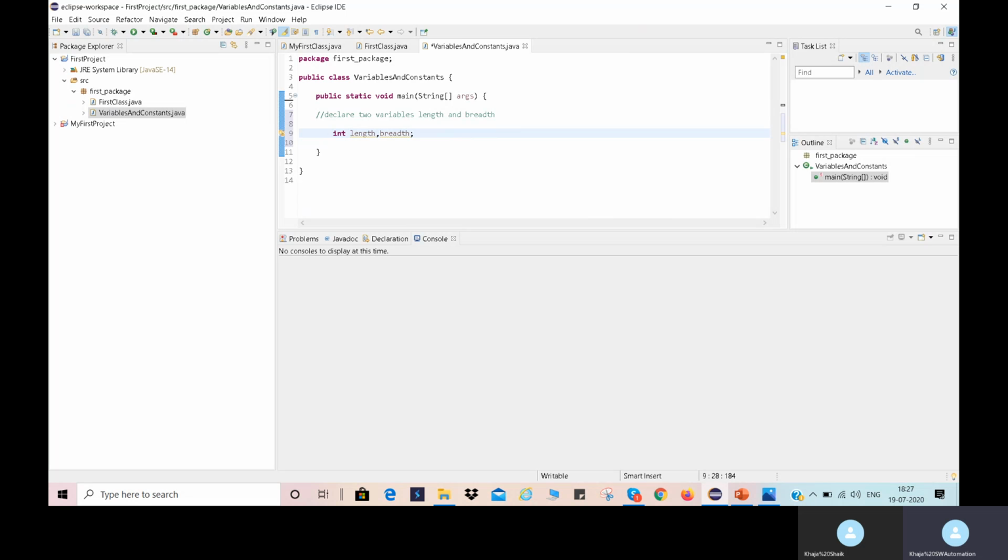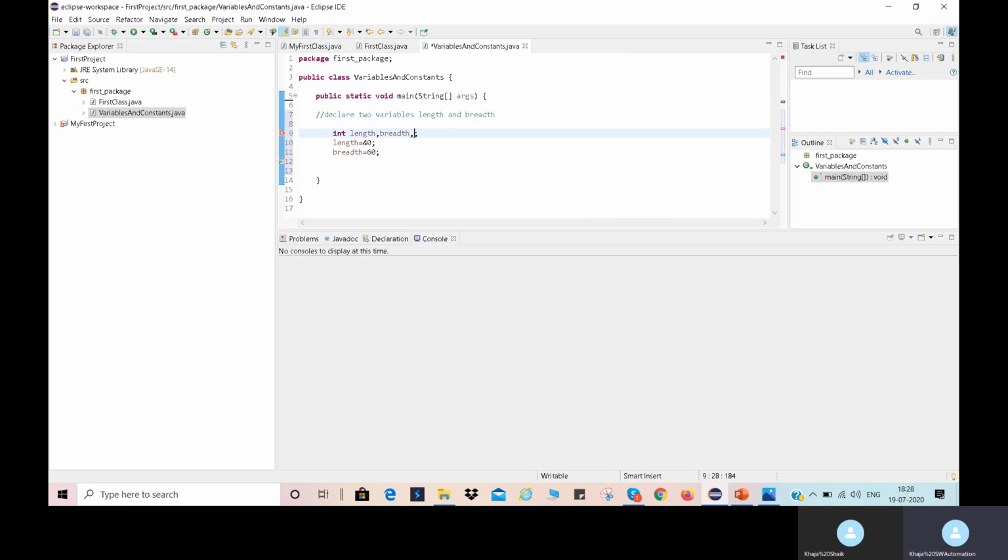I'm taking two variables. Now I want to store the values into these variables. Length is equal to, let us suppose, 40, and breadth is equal to, let us suppose, 60. Now I want to declare one more variable, the rectangle area.